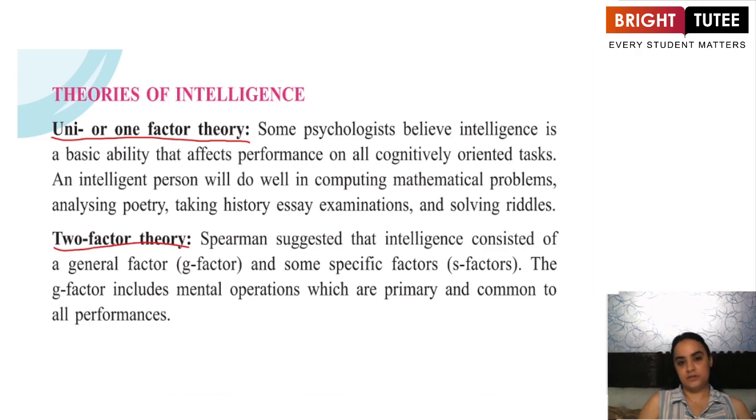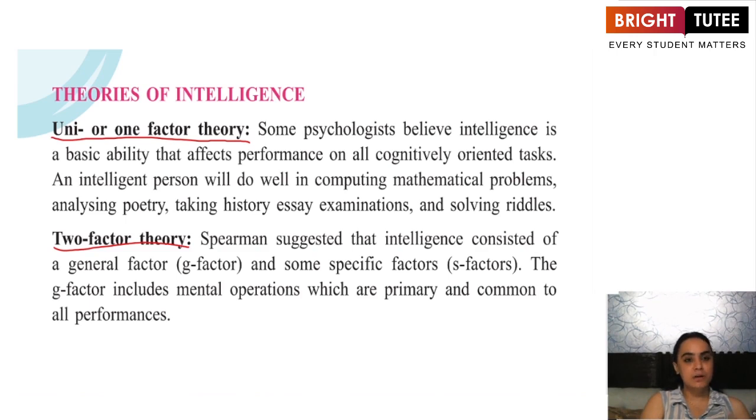According to the two-factor theory given by Spearman, intelligence consists of two factors, as I talked to you about when we were discussing the definition given by Spearman also. One is the G factor and the other one is the S factor. G factor means the general factor that a person possesses, and S factor means the specific factors that a person possesses. Now, G factors, according to Spearman, include all those